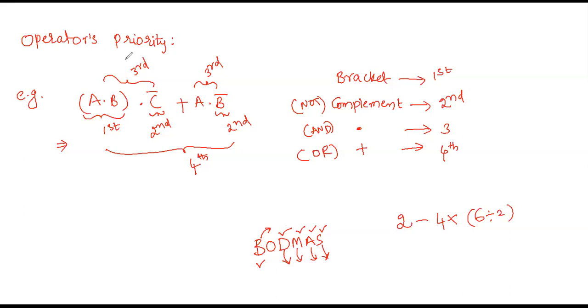Similarly, with Boolean algebraic expression, first you have to give the priority to the bracket, next complement, next product, and the last one you have to give the priority to the addition. Right. With this, we completed the first two topics in the unit 2. The definitions and theorems of the algebra we completed. Now the next topic is